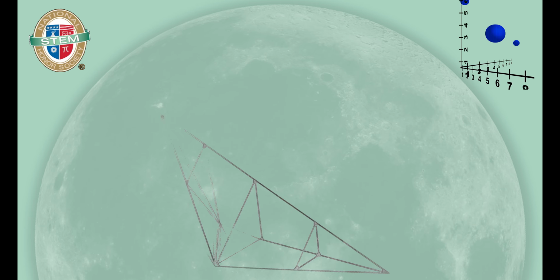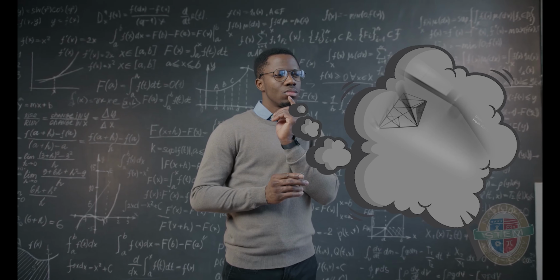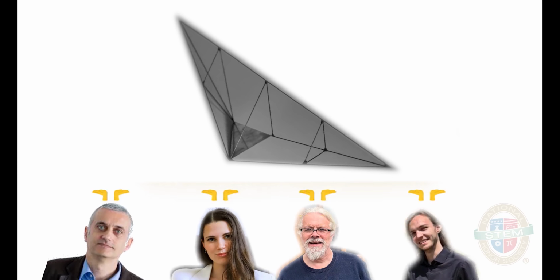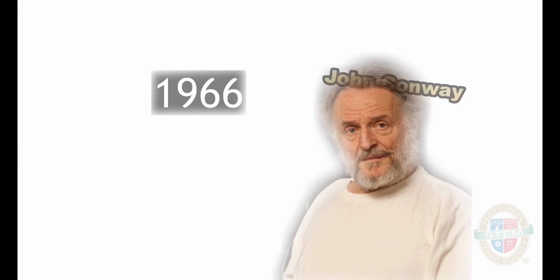For decades, mathematicians have wondered about a type of object that always lands on the same side, but just recently, a team of mathematicians came up with an answer. This all began in 1966 with John Conway and Richard Guy, who came up with a couple rules for the